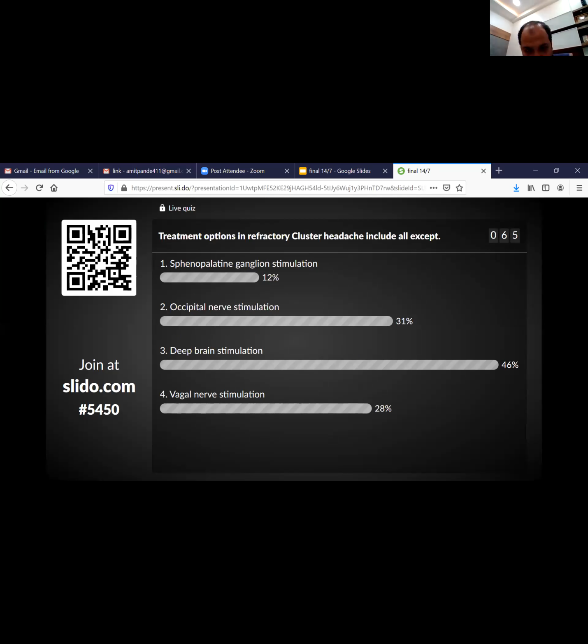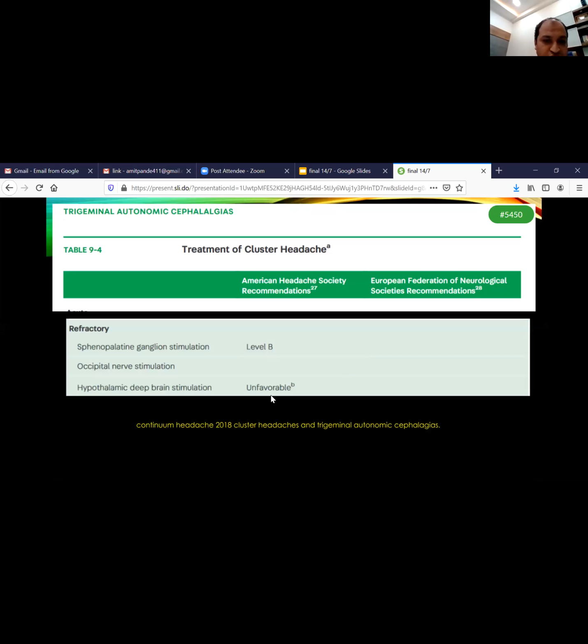So yes, both deep brain stimulation and vagal nerve stimulation are not approved. In fact, deep brain stimulation is associated with unfavorable responses in the treatment of refractory cluster headaches. Sphenopalatine ganglion stimulation has got level B. Occipital nerve stimulation is used; it has not got unfavorable responses, but hypothalamic deep brain stimulation is unfavorable, and VNS, or vagal nerve stimulation, has never been tried. Okay, so sphenopalatine ganglion stimulation has got a level B. Moving ahead,